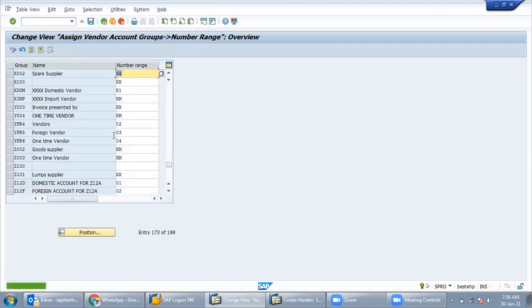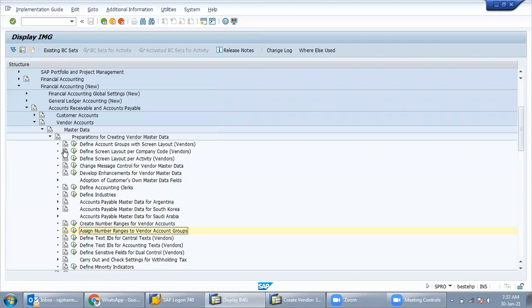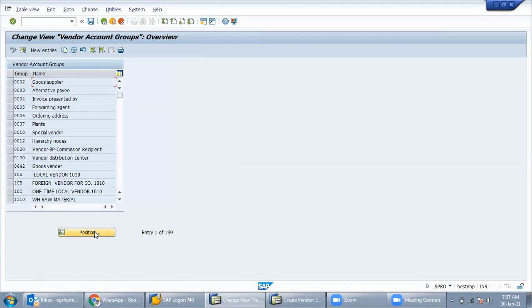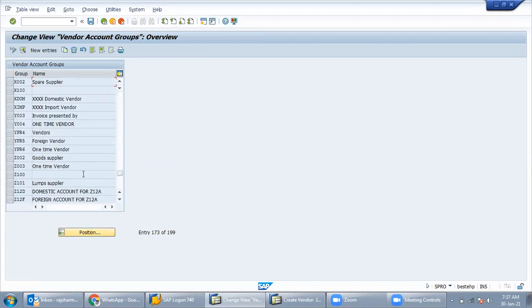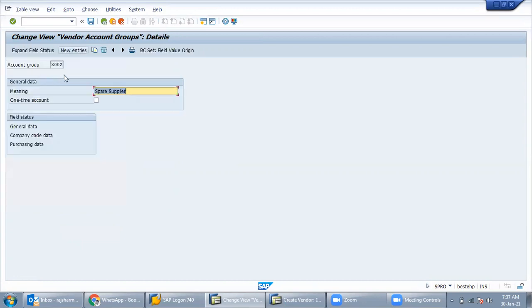Now save. So the number range is assigned to our account group. Now go to that account group X002. See, Umesh, when we double click on this account group, there is a field status, that is one-time. Why do we check that one-time?